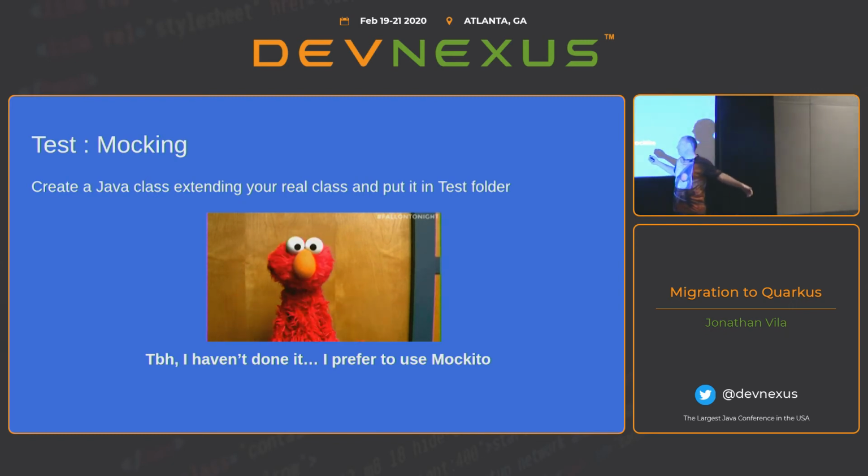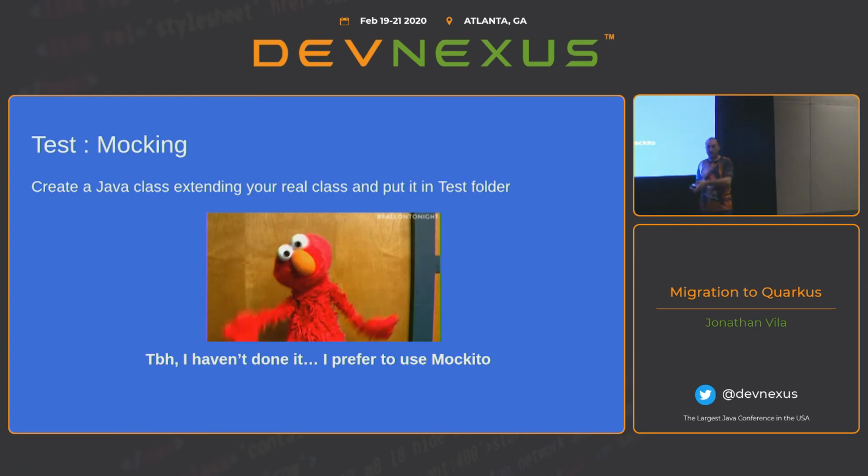About mocking, well, if you want to have a native runnable test, then you can use Quarkus test, and you should mock creating a class that extends the original class in the test hierarchy. I'm using Quarkus test resource to boot an H2 database, so my test will not be native compilable, native runnable. So in fact, I don't care about this way of doing the test with Quarkus. And I have to say that, to be honest, I prefer to use Mockito, so I didn't use this way of Quarkus.